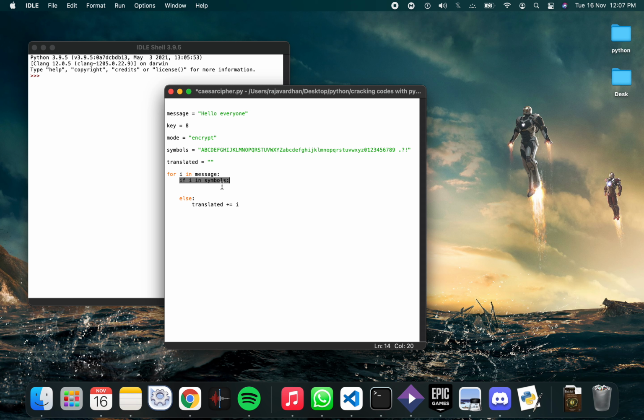If it is not there, then it will simply be appended to translated, right? What if it is there in the symbols? I will do encryption or decryption.